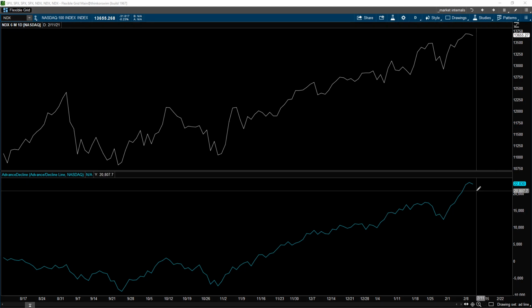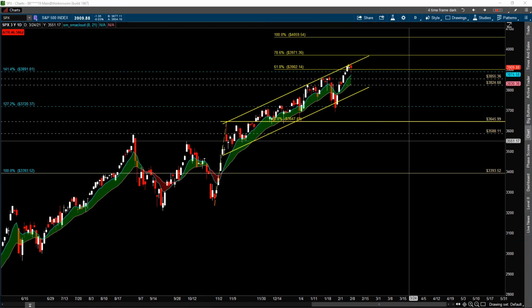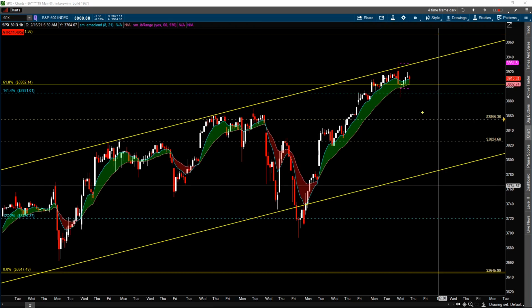Now let's go look at the indexes. On this daily chart of the S&P 500, we see the price bump up against this upper channel trend line once again and encounter resistance. Looking a bit closer on the 60-minute chart, we see the S&P 500 is able to hold above this 3902